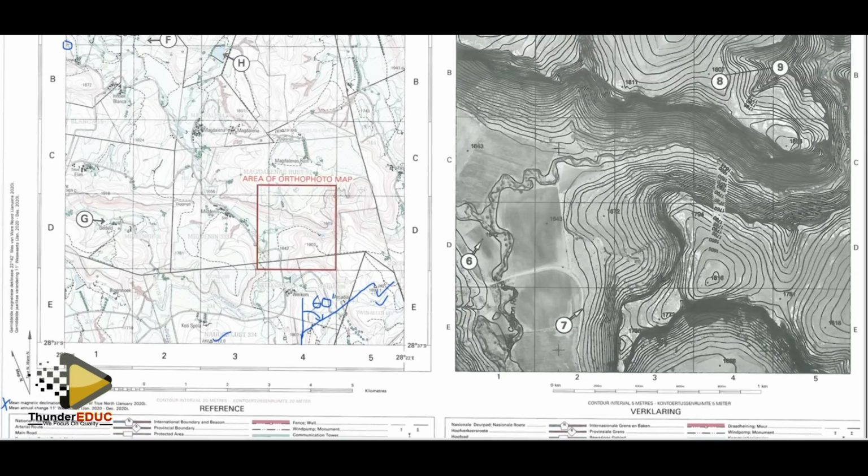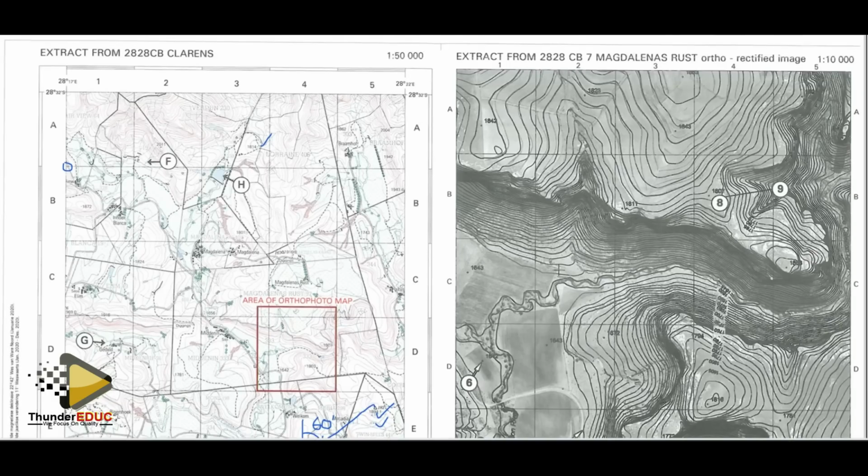This question number 3.2.5. State the purpose of the row of trees in block A5 and block B5. Right, A5 and B5 are what we are looking at. A5 is here. We have this row of trees, and in B5 we also have this row of trees here. What is the purpose of those ones?